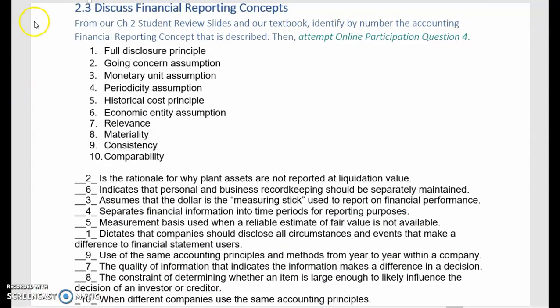The next part of our handout includes the financial reporting concepts that are covered in our textbook, interactive tutorials, and student review slides. Please go through each of these principles and assumptions and identify the description that most closely matches. I have included the answers here for you to check your work. So if you want to pause and check your answers,